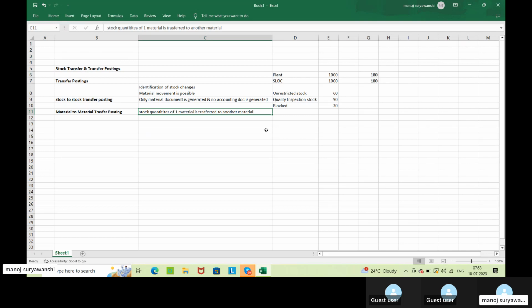Stock quantities of one material is transferred to another material. Now, to do this material to material transfer posting, there is a mandatory requirement that the base unit of both the materials